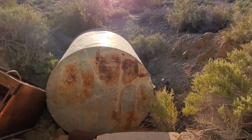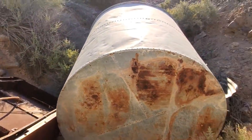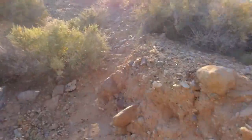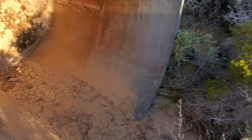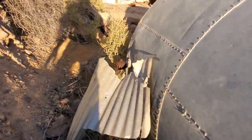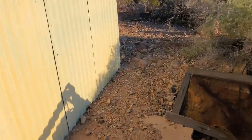Just walk outside here. Here's an old refrigerator and an old, looks like a galvanized tank. Let's hop over there. It's a pretty good sized tank. And there's kind of a loading dock here, so I imagine they'd back up and offload depending on who was keeping bees here at the time and how they were doing it. It's an old door